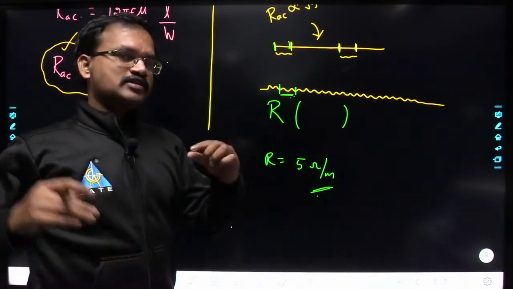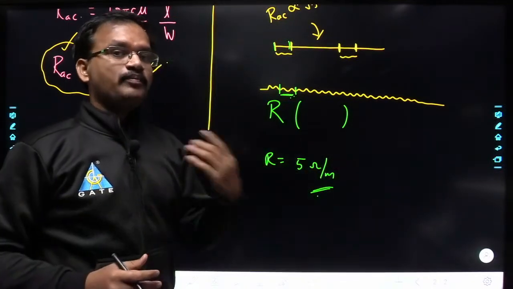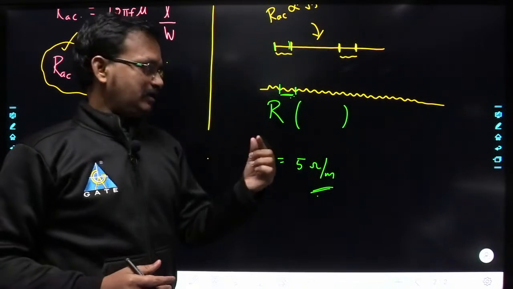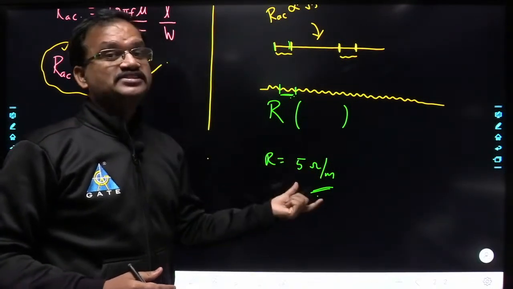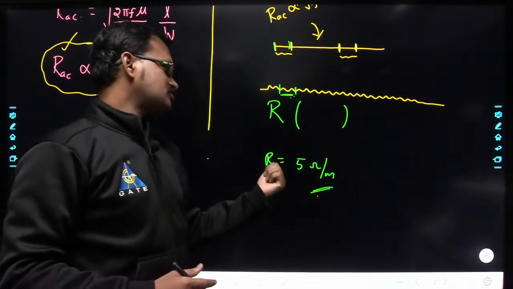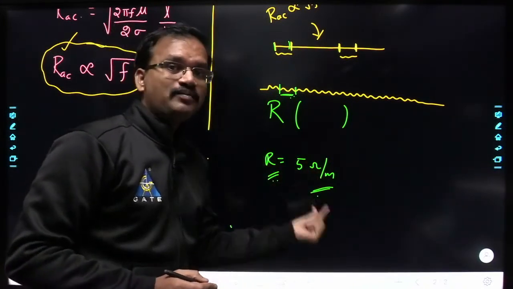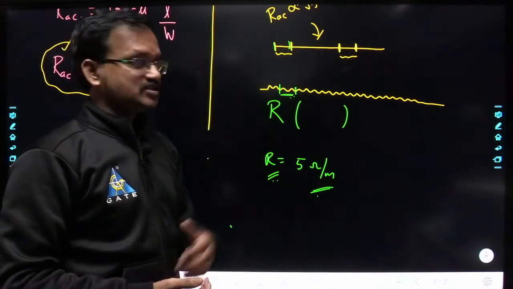Understood? Whenever something is distributive in nature, the meaningful way of representing the parameter is in terms of density. So that is the resistance we are going to represent here: the resistance that is distributed per meter. So this is the meaningful way of representing the resistance of